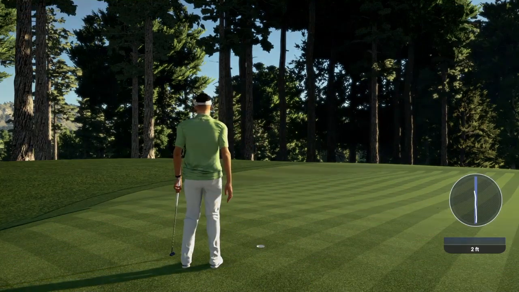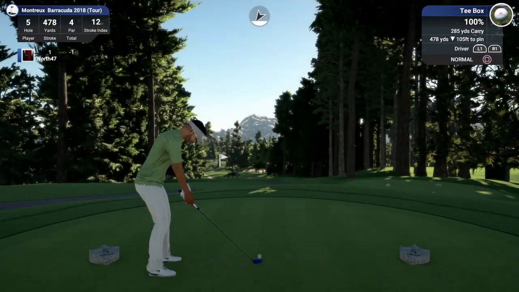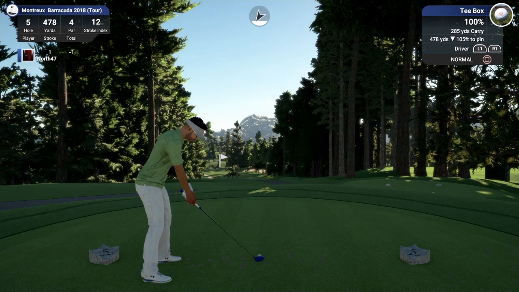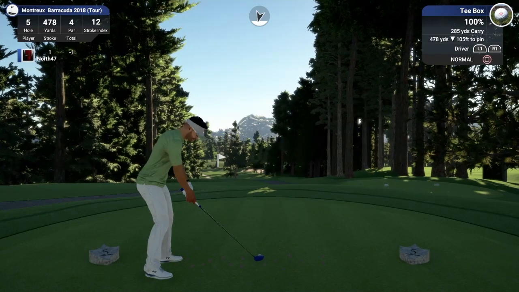And we take the par. Moving on to, what hole are we on now? The 5th hole, which is a par 4, stroke index 12. It's playing 478 yards, and quite a big downhill here. So that tree that I can see just there, right of the marker, I think that is middle of the fairway, or near enough. So if we keep it aimed pretty much there